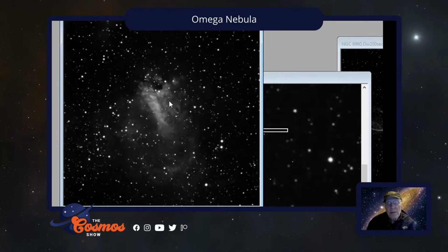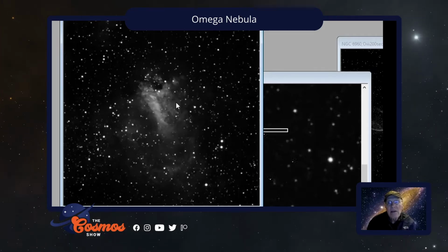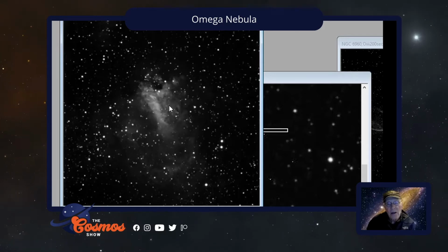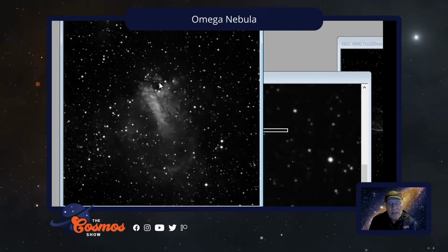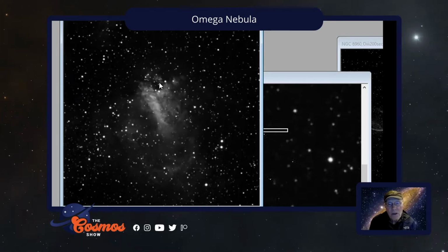But it is a nebula. What is a nebula? A nebula is a cloud of gas and dust. And in this case, the stars in this nebula are exciting this gas. In this particular nebula, the gas is largely hydrogen and oxygen with some sulfur. And the stars are causing these elements to be excited to a higher energy state. They return to their lower energy, their ground state, by giving off light, and that's the light we're seeing. So this is called an emission nebula,